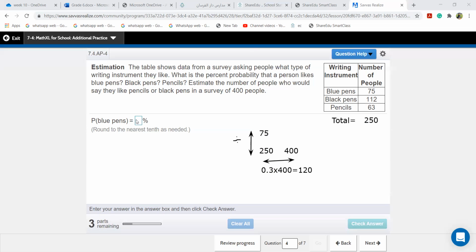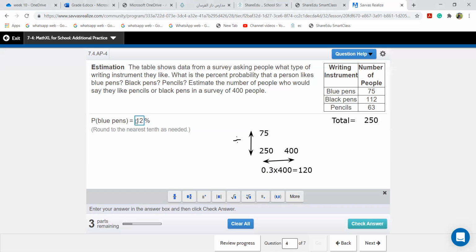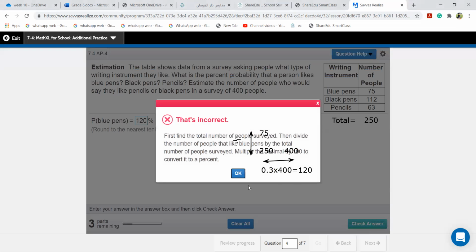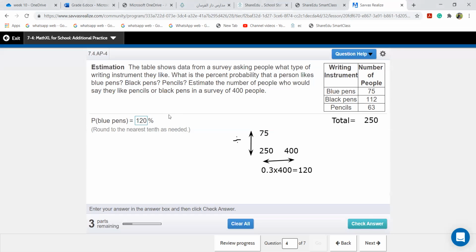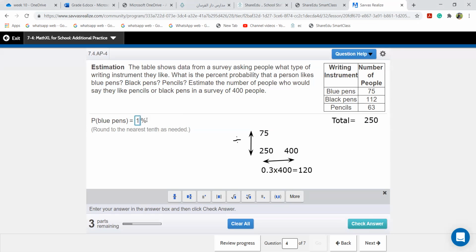Let me check the answer here. 120. That's incorrect. Okay, girls, they ask you in the percentage. They didn't ask you like that. All right, so 0.3. Estimate the number of people who say they like pencils or black pens in a survey. That means you need to add. I did not see the question carefully here. That means they asked us about,